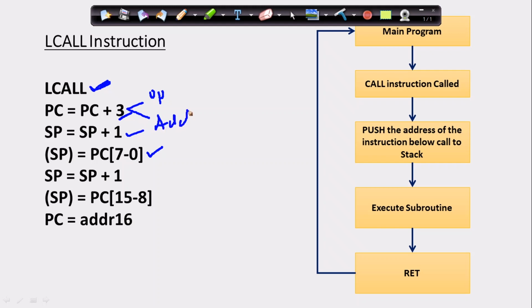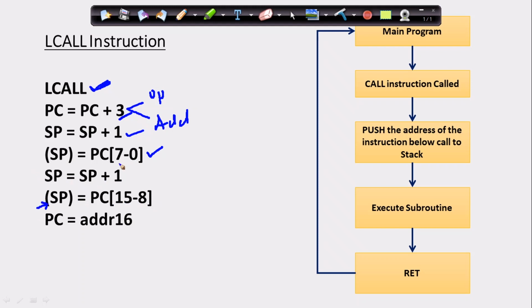First it is going to load the lower byte of this address to the stack. That means it pushes the lower byte of the program counter, then the stack pointer is incremented, and then the higher byte is pushed into the stack.